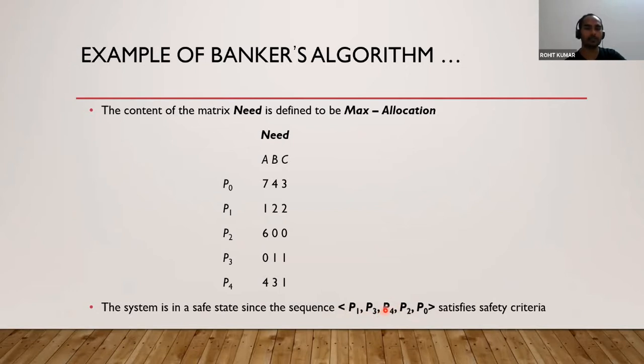So this safe sequence might be different from person to person. I executed P1 first, then suppose after P1 I executed some other process like P4, if it is feasible. For example, I executed the requirement of P4 last, but you can see that this particular sequence executed the requirement of P0 last. So it depends on the choice of the user.